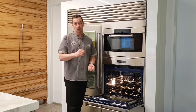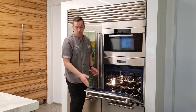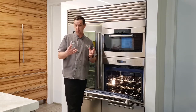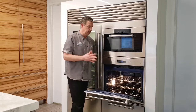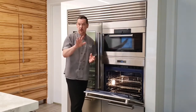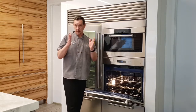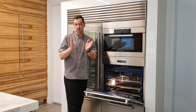Okay. Now, I do want to emphasize that when you use the roast setting, the majority of the time you are going to probably be roasting some kind of protein, and I do encourage you to utilize the probe setting and setting the probe so that you can monitor the doneness of that. So make sure that the meat you're using the probe on is thick enough to insert the sensor towards